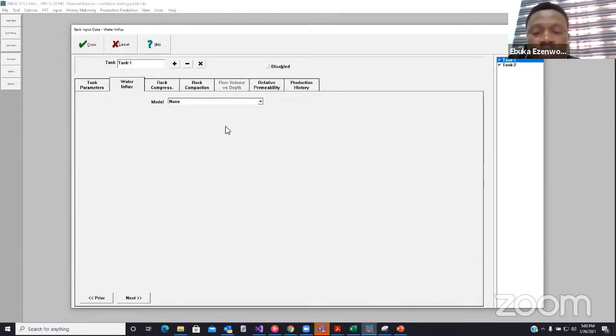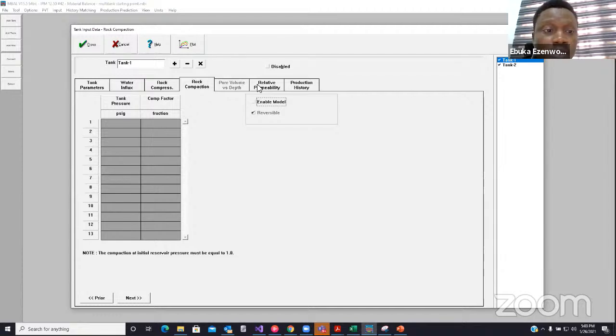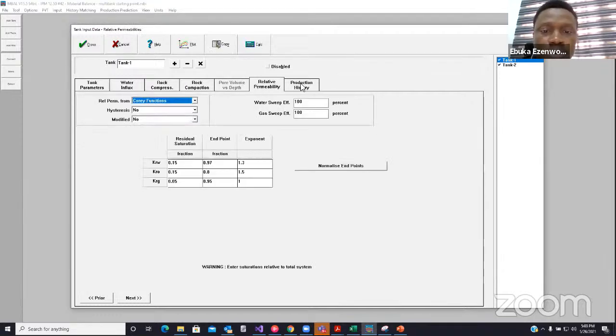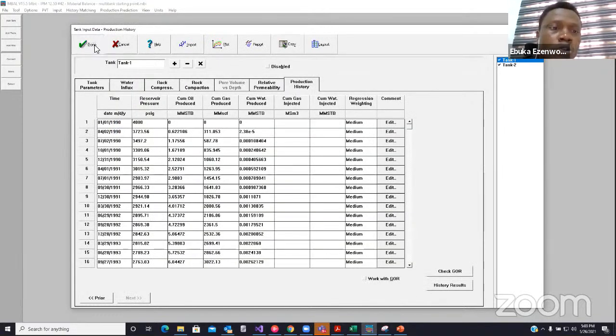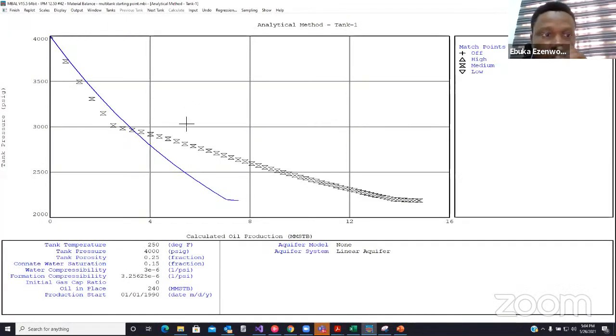And then aquifer 2 is also doing it. So if there's an aquifer supporting, you bring your aquifer model in. And then you have set up your rock, the rock compressibility will be estimated based on what the reservoir porosity is, and then set up your RAPM and then the production data. So as we proceed to the history match side, we now notice this sudden change in the pressure gradient. So what's going to happen right now is